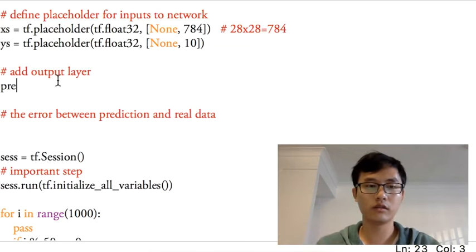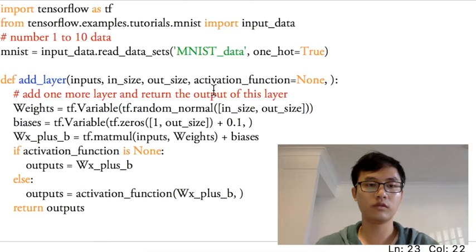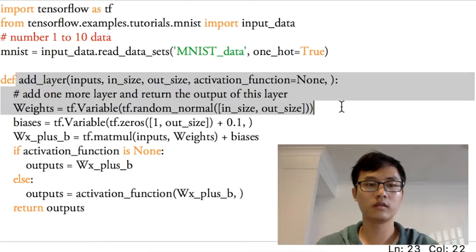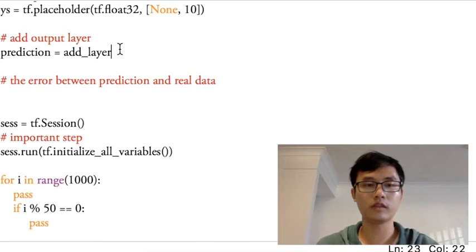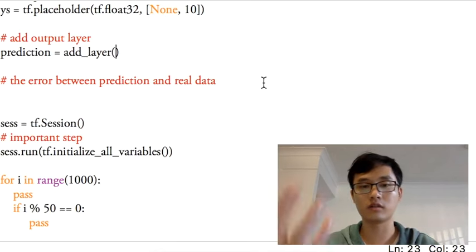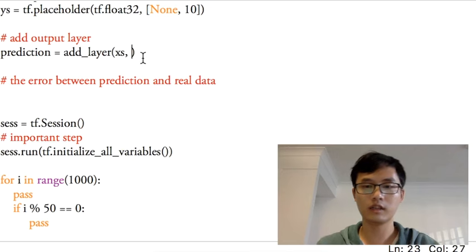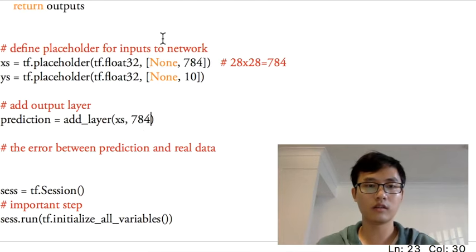In this example, we just add one layer, which is the output layer. So here we can directly output the prediction equal to add_layer, which is the function we have defined before. If you don't know that, you can check it out in my previous example. And the x-axis, the inputs, is all the pixels, the number of pixels. So that is the same as this one,